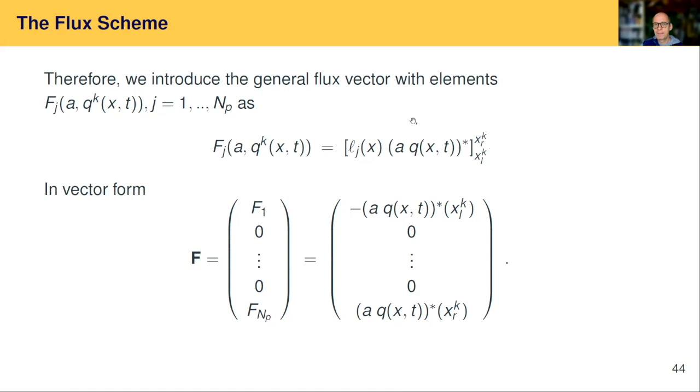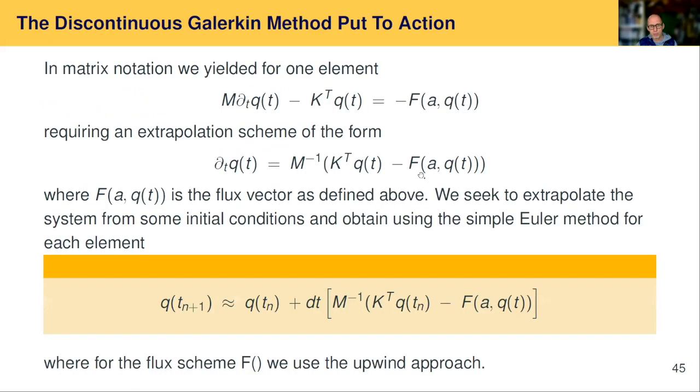So yeah, let's leave it at that for the moment. Otherwise, we end up with a matrix notation involving a mass matrix and a stiffness matrix. All this is at an elemental level, and that equates the flux vector, which, you know, has only non-zero values